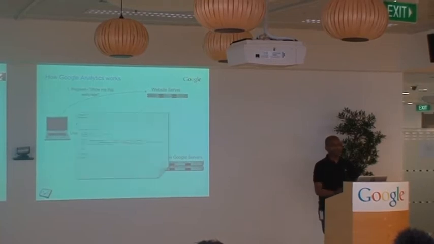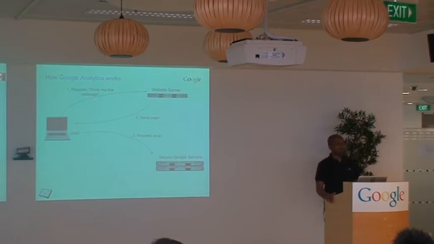On the page, somewhere up in your head tag, you've got the analytics tracking code. Part of that code says, give me the ga.js library. This is a library that sits on the Google Analytics servers and has all the logic for Google Analytics. We store it on our servers because as we push out changes, it's easier to push them out there, and then the web page can just dynamically fetch it.